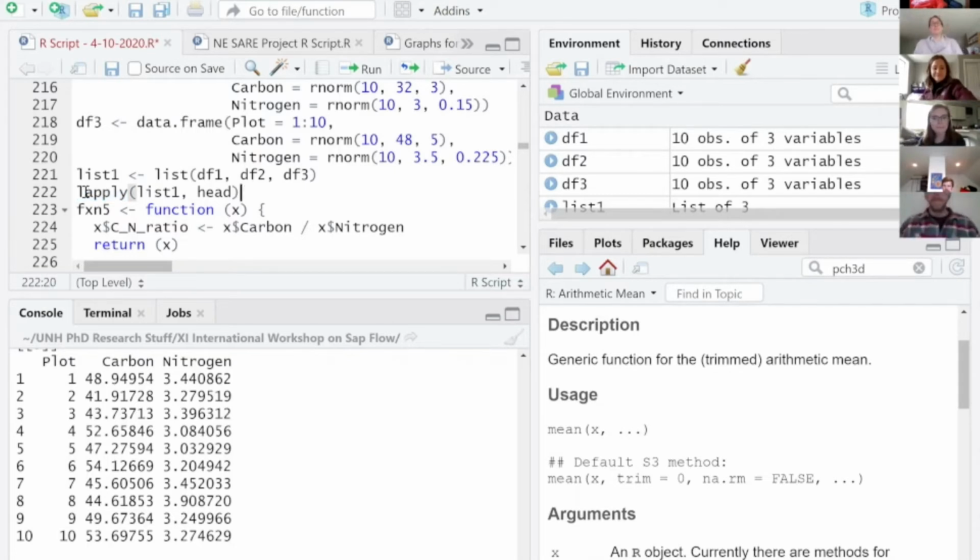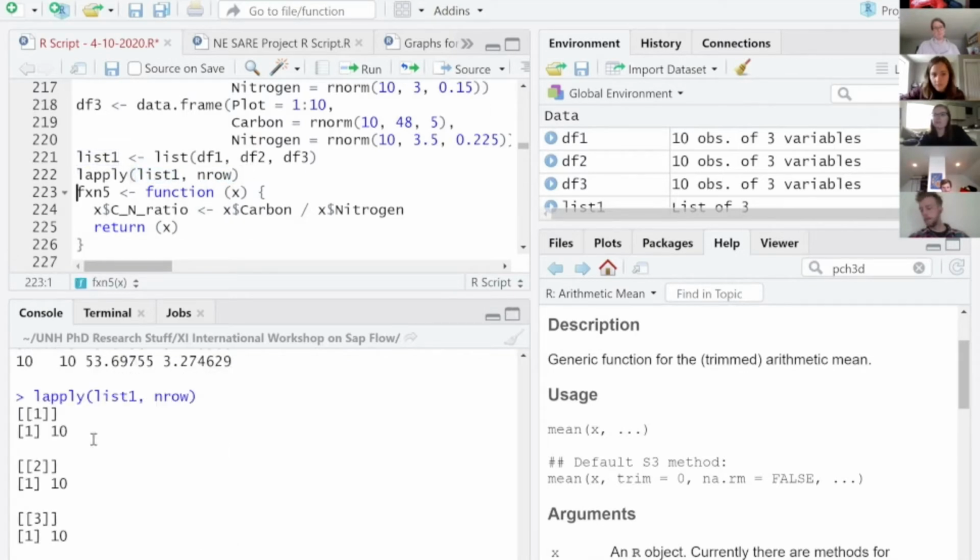So this lapply function here stands for list apply. So it's going to apply a function across each list element. So let's do something like nrow. I'm going to apply the nrow function to each list element. So if I run this, it's going to calculate how many rows are in each of those data frames. Now, of course, that's great, but